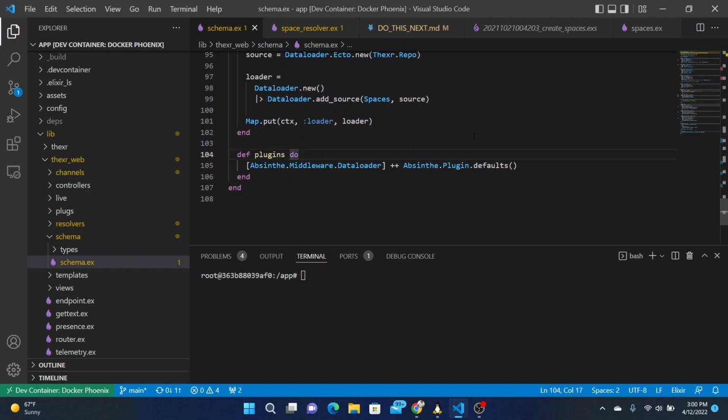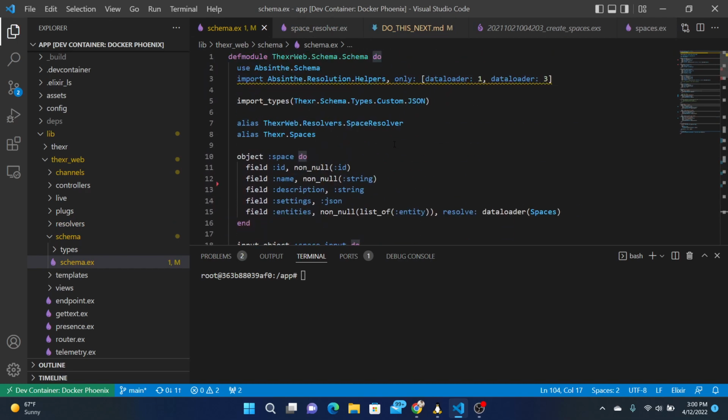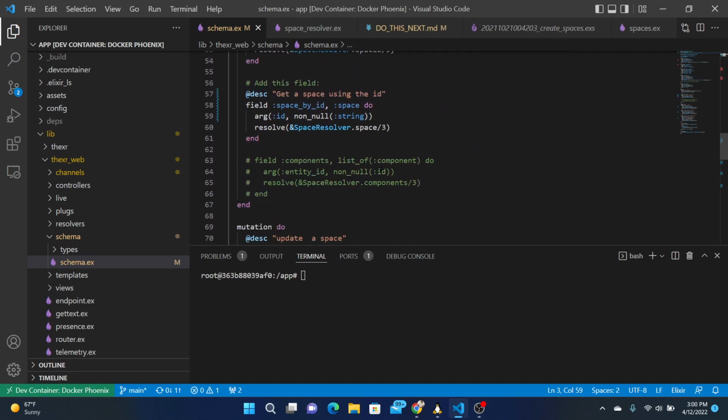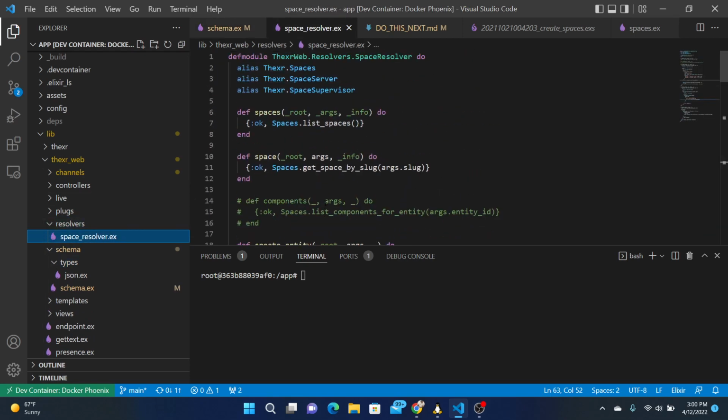So we made a couple changes to the schema there. Resolvers undoubtedly are all broken. Used import data loader 3. Okay. So if we dig into the resolvers, we'll make changes here.